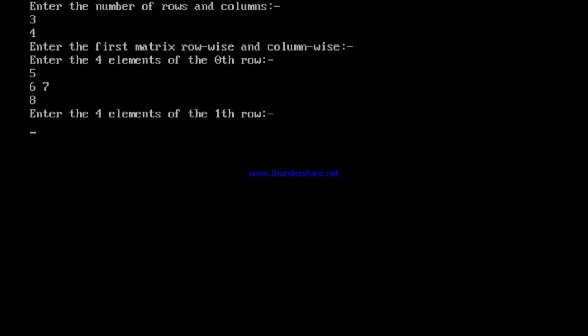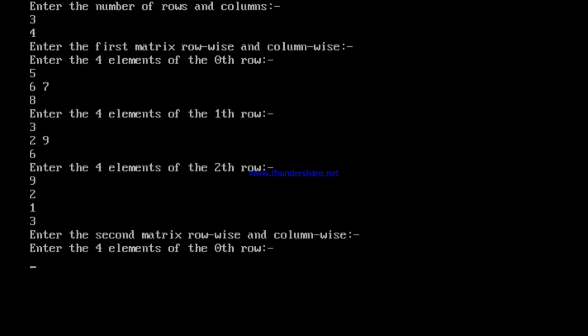Enter the 4 elements of the 1st row: maybe 3, 2, 9 and 6. Enter the 4 elements of the 2nd row, this time correctly: 9, 2, 1, 3. So the elements of the array have been printed: 5, 6, 7, 8, 3, 2, 9, 6, 9, 2, 1, 3.